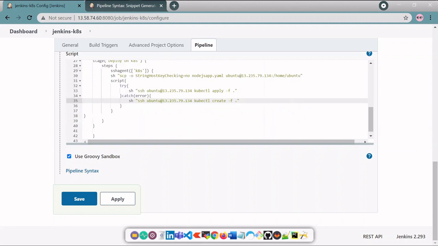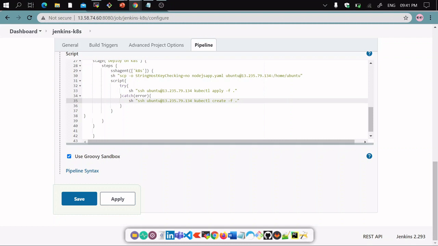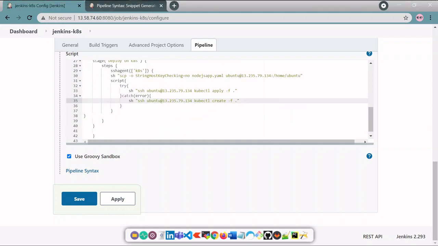So in this try catch block we declared the commands kubectl apply -f and kubectl create -f. We declared this try catch block because we have to handle the exception, because there are no resources on our Kubernetes cluster the first time. It will check the apply command.